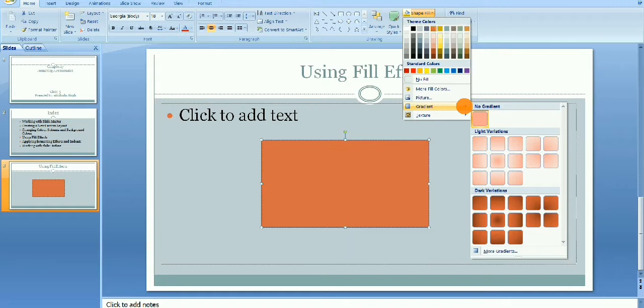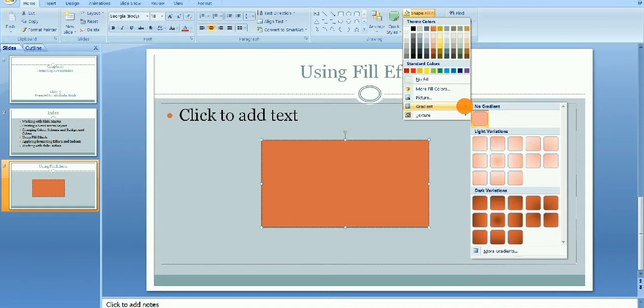Gradient color means in a shape you can see multiple colors within a single shape. In the solid fill you can see only a single color. If you choose the gradient fill, you can see multiple colors within a single shape.